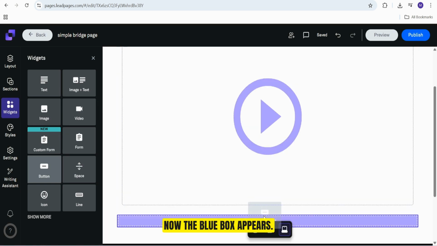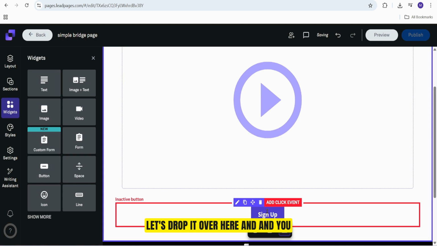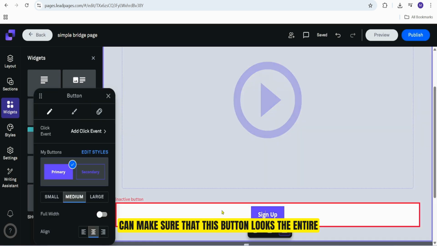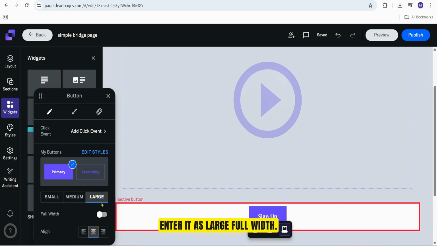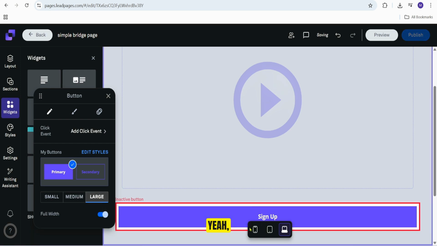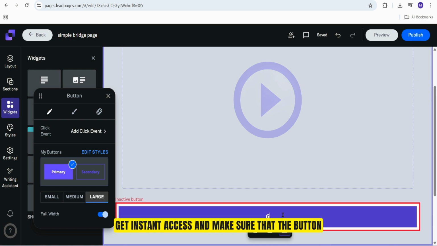Now the blue box appears. Just drop it over here, and you can make sure that this button takes the entire width. Set it as large, full width. Now that looks a bit good. You can change the call to action to get instant access,